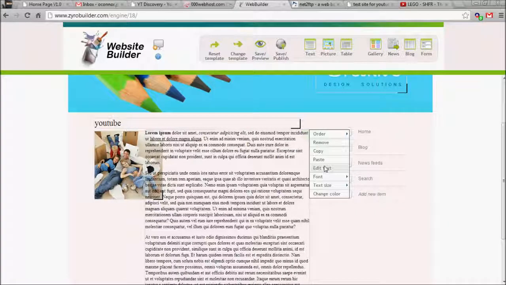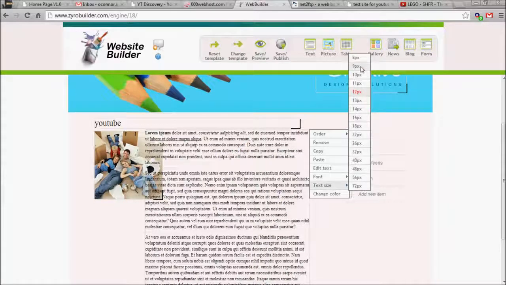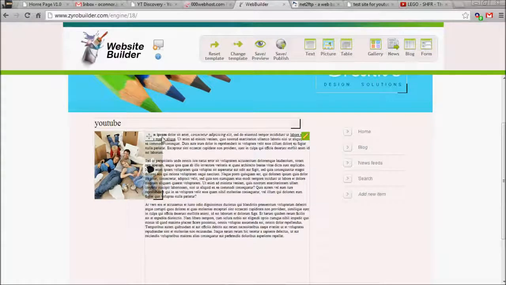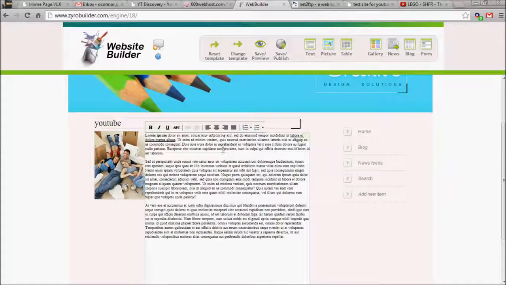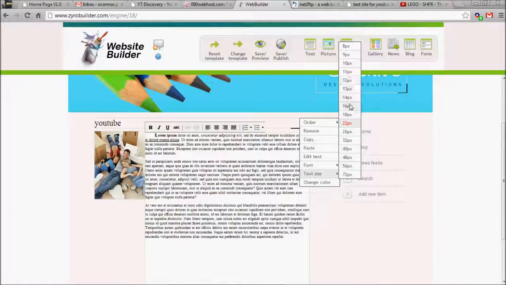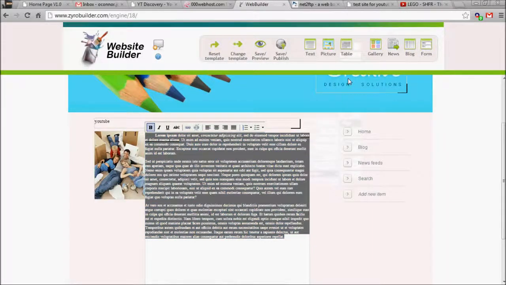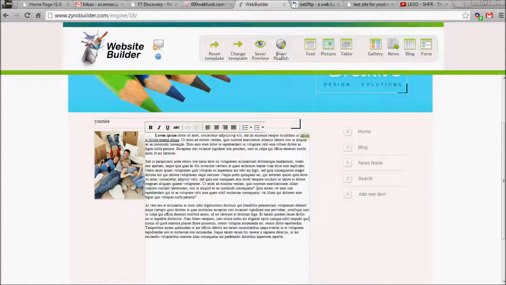You can go to order and paste it, edit text, edit size. If it's too big, you knock the size down a bit, of course. What I want to do here is not have it near. It's now overlaying the image, which I don't want. How do I solve that? So I knock the size back up a bit, and let's get it here. I want to get rid of that. So if I now go save and preview,